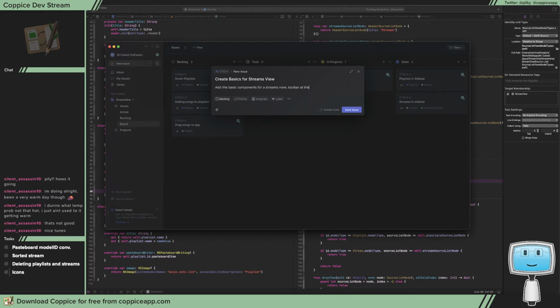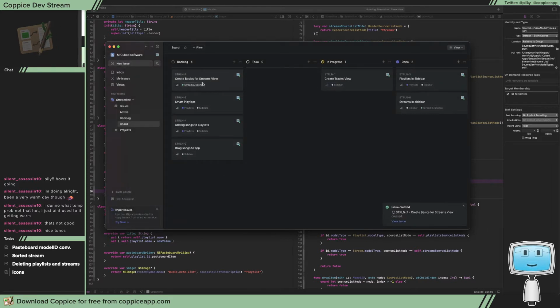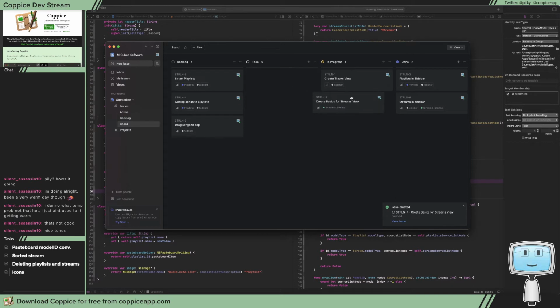But at top, I want to switch play. Assign B, priority medium, label is going to be theme and scenes. I'm going to save that and move that over to in progress,